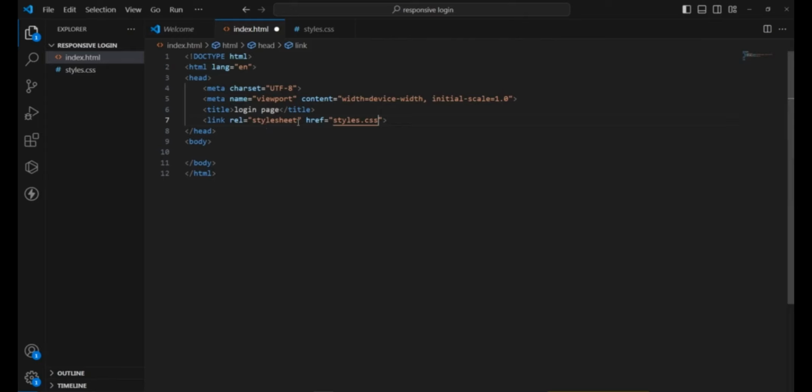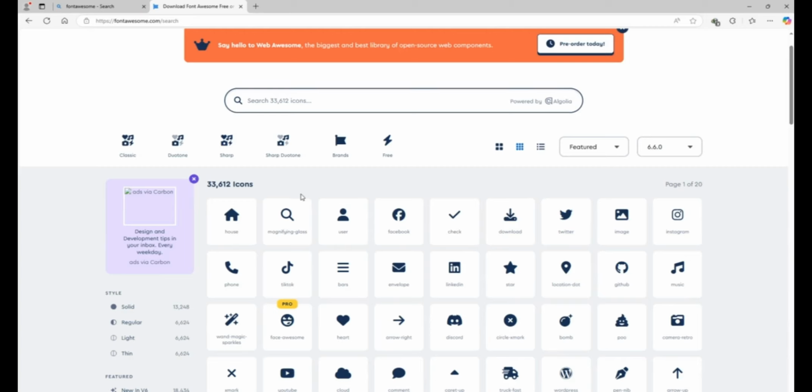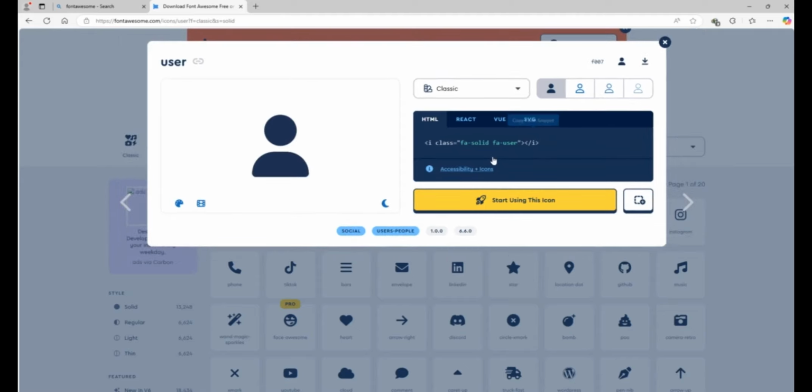The link stands for style sheet and the association is actually styles.css, the one that we have just created. We need to create another link that will be used for icons. Now to do that, just navigate to your browser and search for Font Awesome in your Google tab. It will direct you to this page. For instance, if you want to use the user icon, you can just click the user and you can see that for a basic HTML